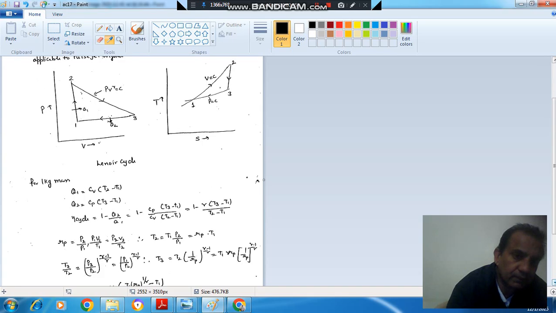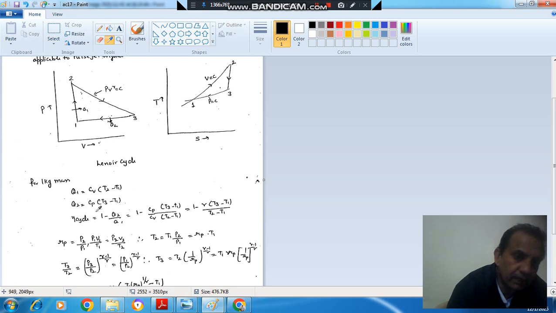So here, as heat is supplied during the constant volume process, the heat supplied per unit mass is Cv(T2 minus T1), and heat is rejected during the constant pressure process, so it is Cp(T3 minus T1). Okay, and the cycle efficiency will be 1 minus Q2 by Q1. Q2 is this quantity and Q1 is this quantity, so this is 1 minus gamma times (T3 minus T1) divided by (T2 minus T1).